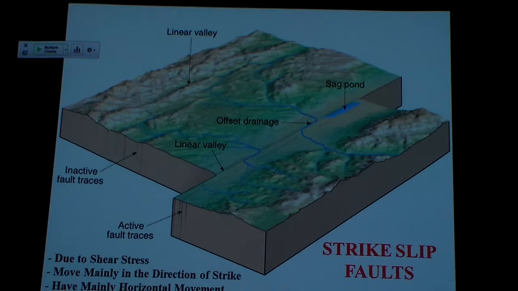One of the things you look for when you see these strike-slip faults is there's got to be a line in the ground, right? One block's moving past the other block. So I would look for offsets. Here's a river that was coming along, oh, hit the fault. Well, there's where the river